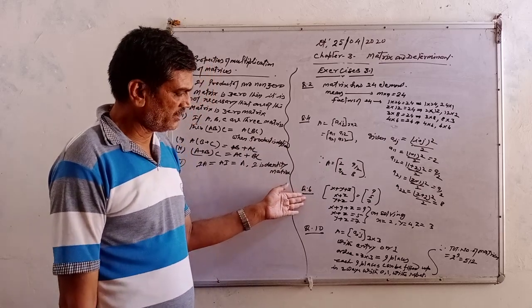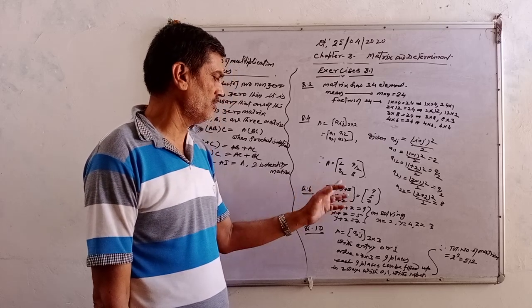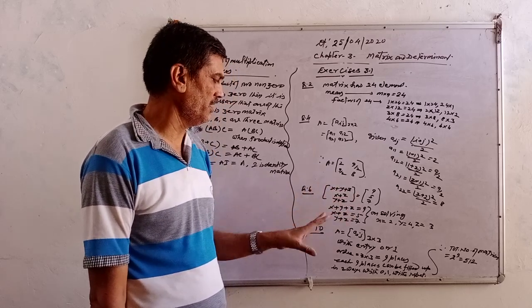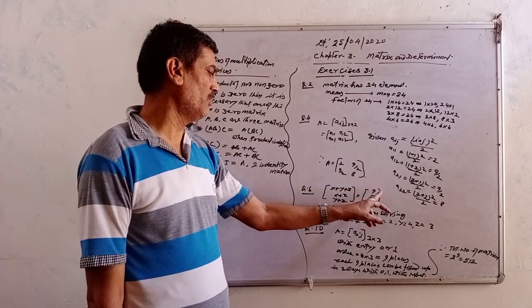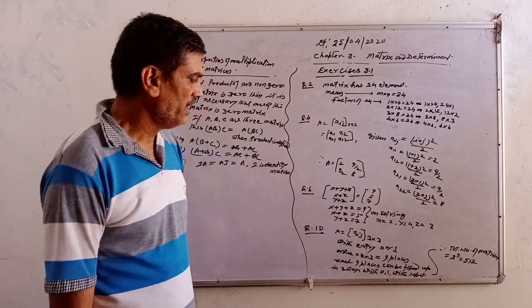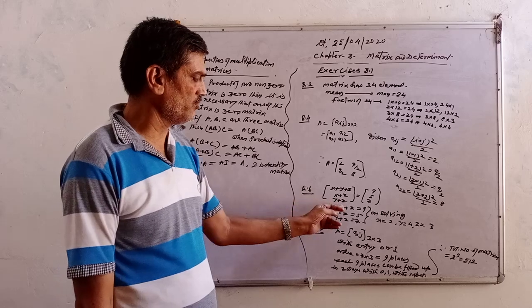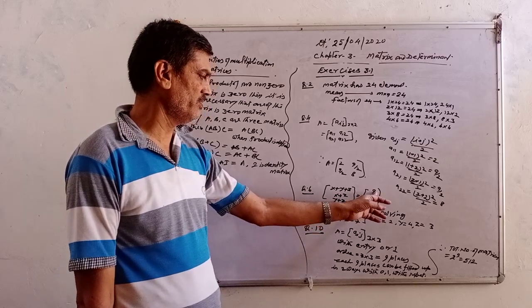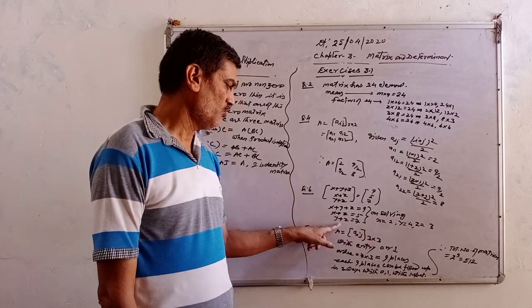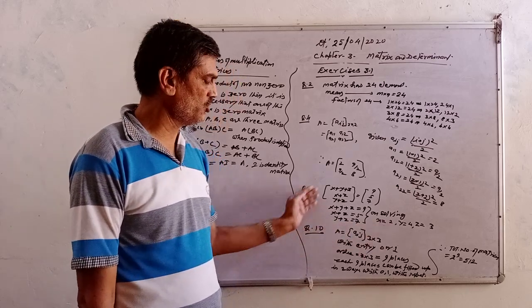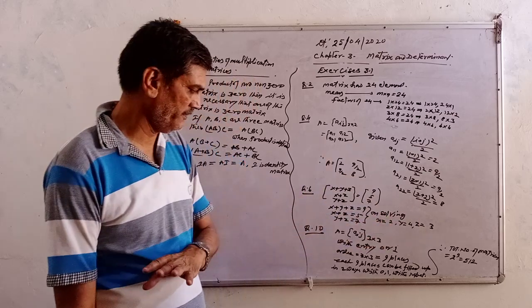Now in question number 6, determine the value of these unknown quantities. x plus y plus z, x plus z, y plus z on the left side, and the right side matrix is a column matrix 9, 5, 7. Equating the corresponding elements, you will get different relations: x plus y plus z equal to the first element of the right side matrix, 9, x plus z is equal to 5, y plus z is equal to 7, and solving these relations you can determine the values of x, y and z.